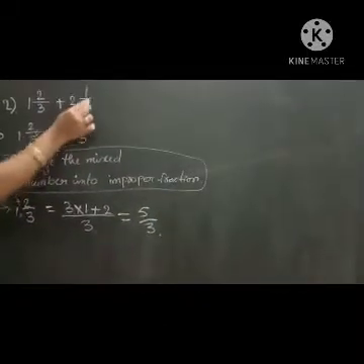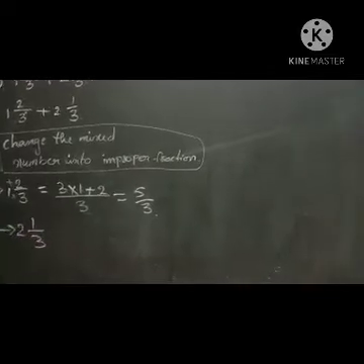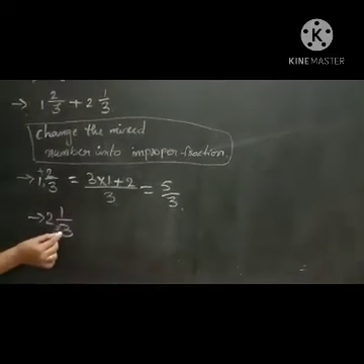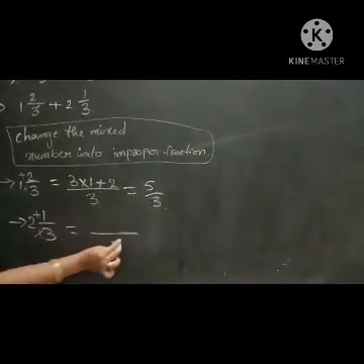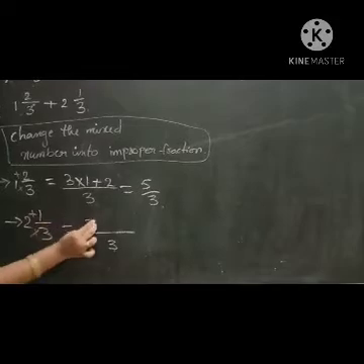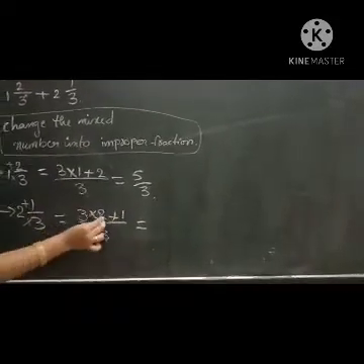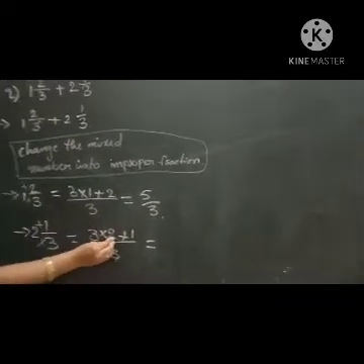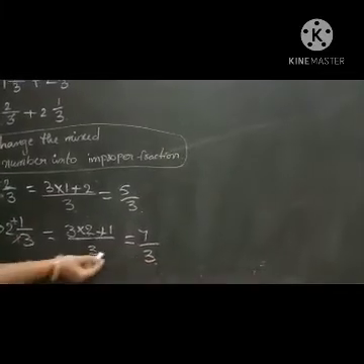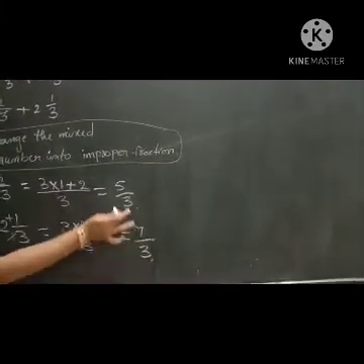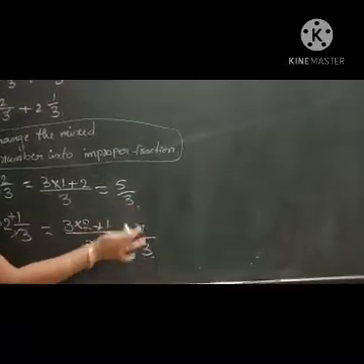The next number is 2 1 by 3. What did I tell you, children? Yes, very good. Here we have to keep into and here we have to keep plus. See here, the denominator is 3. 3 into 2 plus 1. 3 twos are how much? 3 twos are 6. 6 plus 1 is equal to 7 by 3. Okay, 7 by 3. Here the two denominators are equal. It is easy to find the addition, children. Now write these two numbers.